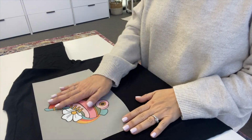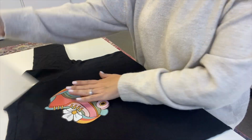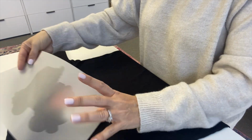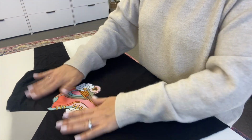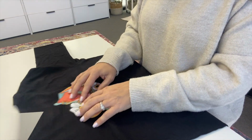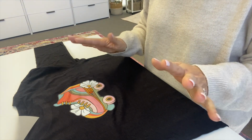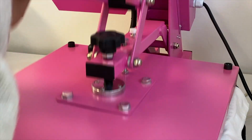All right, so this is pretty cool already, so I'm just gonna peel that off, okay? And you can kind of see on the, there we go. Yep. See, so this basically has pre-treat on it, which is why you don't need to pre-treat. Now, what we're going to do now is one final press on this so that we get rid of that kind of plasticky feel. We'll put that back on the heat press for about 15 seconds. All right, so we're going to do the final press. If you press with another shirt over top of it, you'll kind of get the grain of the shirt into...